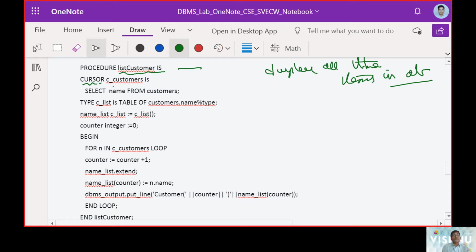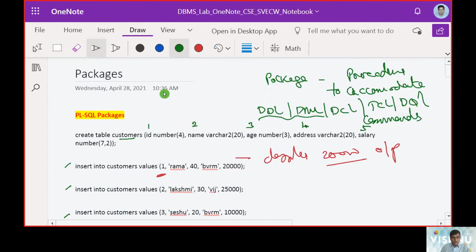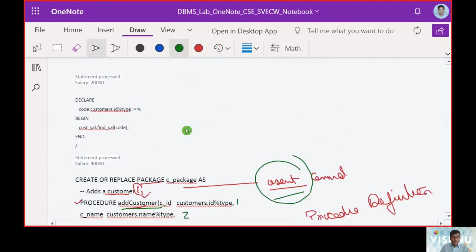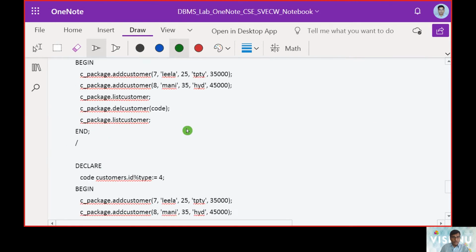So C underscore customer, and it is taking up the name from the customers. Here you can see the definition part. I will just bring it here. Name is going to be part of the customer table.